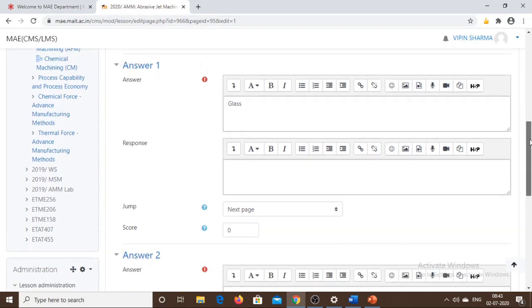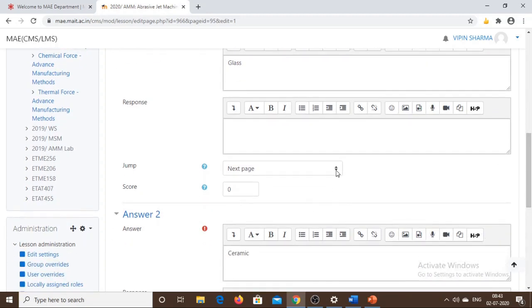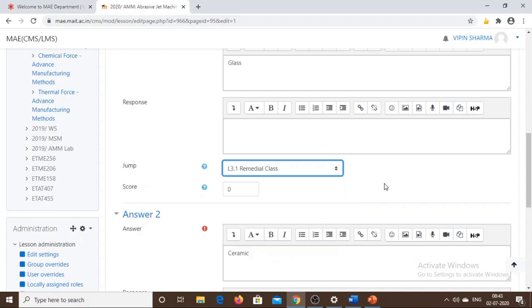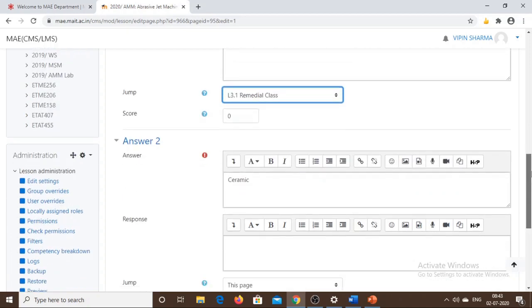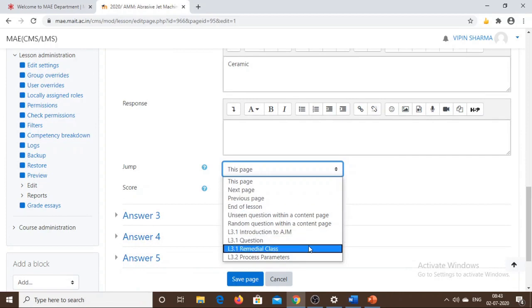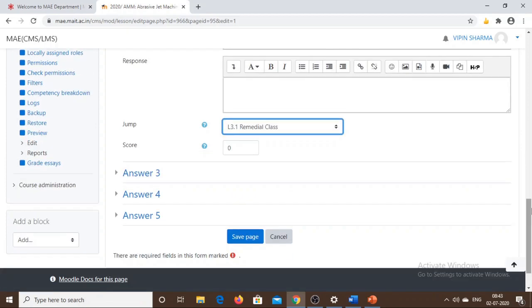So the first option, glass, is an incorrect one. If the student answers it wrongly, then the student should go to the remedial class. So I will provide a jump to the remedial class, so that after hitting this button, the student will be taken to the remedial class. Similarly, for the second option, which is also wrong, I will give it to be a remedial class.